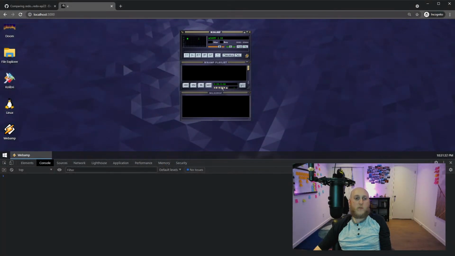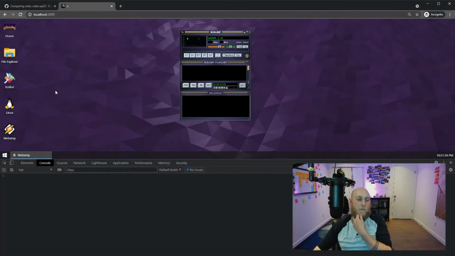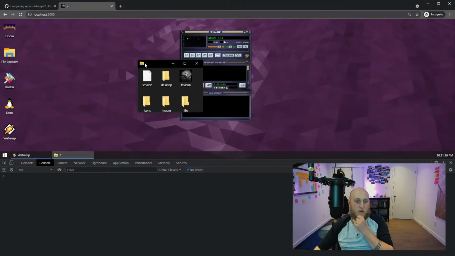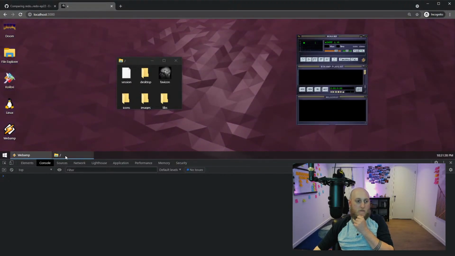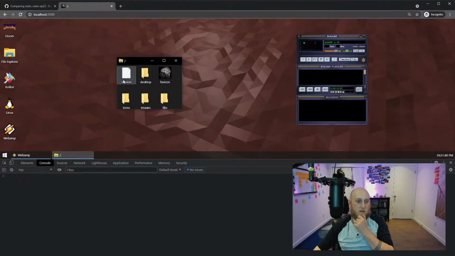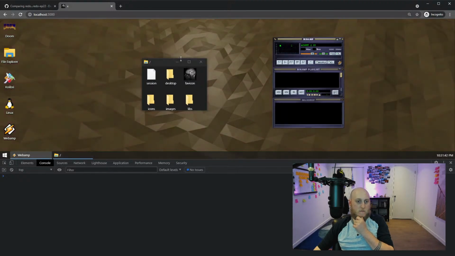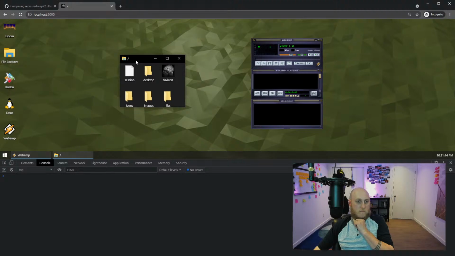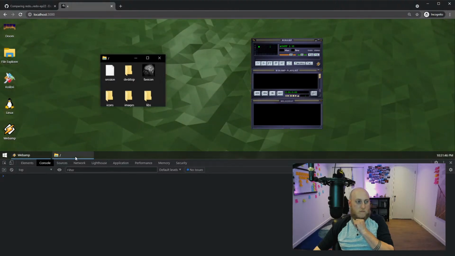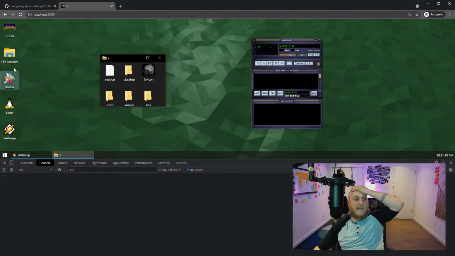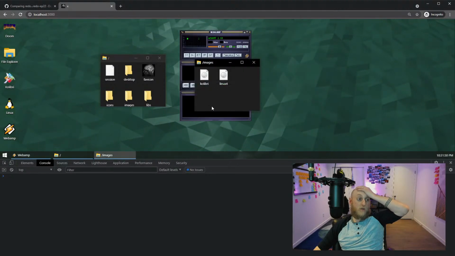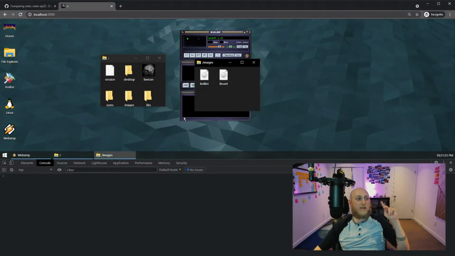So now let's go back to the demo here. So we open it. So that opens okay. But watch. So I open up File Explorer, and now I move Webamp here, but then I focus on this and I focus back, and now it's not happening. Because the length didn't change. That could be part of the issue. Ah, yeah, you see I opened a third window and then the length changed.